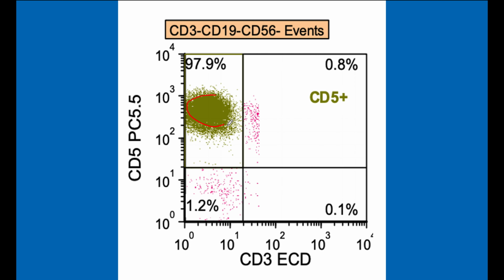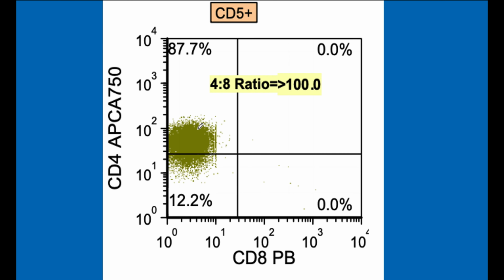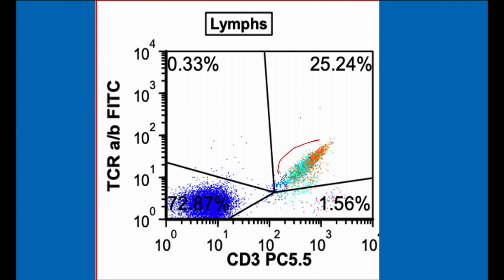Equally abnormal, CD5 T cells are not expressing CD3. And many CD7 cells are CD3 negative, also abnormal, with a significant decrease in CD7 expression. Almost all T cells are expressing CD4, not CD8. 13% of the T cells are CD10 positive, an abnormal feature for peripheral blood. Most T cells do not express CD3, with only 25% of the cells expressing CD3, clonally expressing the T cell receptor